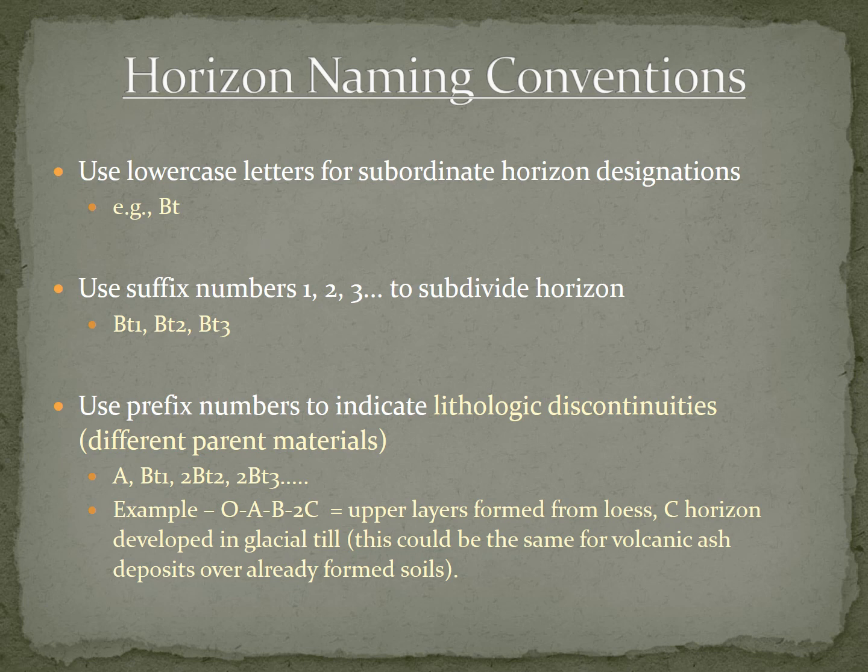Now, earlier when we were talking about parent materials, we were talking about different parent materials within the same profile. So let's say at the surface, we have loess, which is covering residual parent material. In this case, because we have 2 parent materials, we would put a 2 in front of the horizon where the lowest parent material starts. We do not put a 1 in front of the other horizons where the loess is. We just put a 2 where the residual parent material starts. And we call this a lithologic discontinuity, meaning different parent materials.